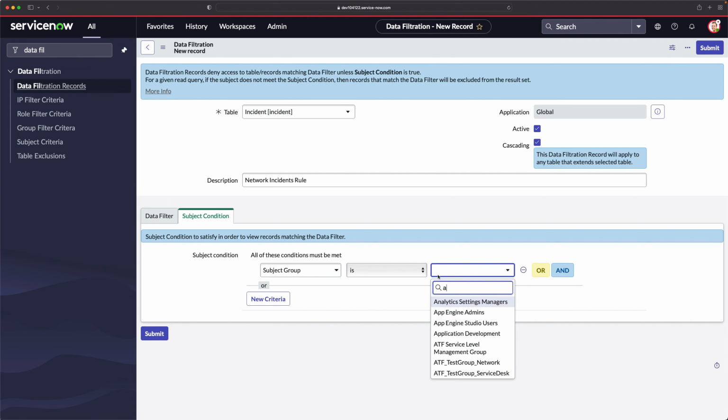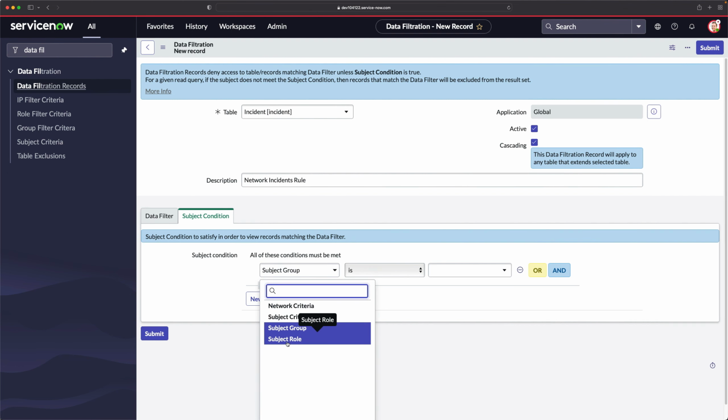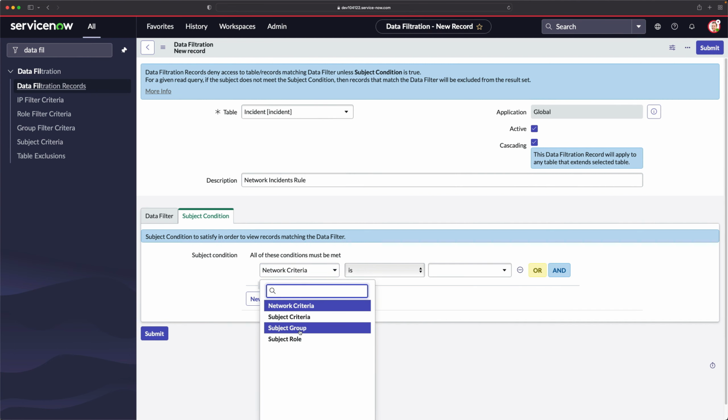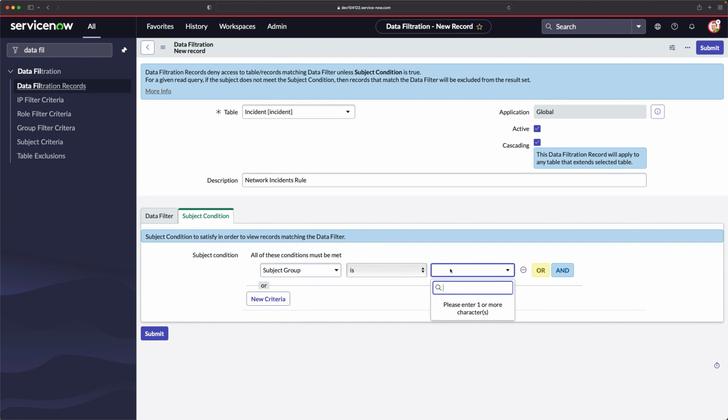So I have this subject group, and I also have subject role. I have subject criteria, and I also have network criteria. If I type anything here, will I get any criteria? Nope. But our target is group. So I will select subject group, and here I will select network. Subject group is network. And if I click on save,